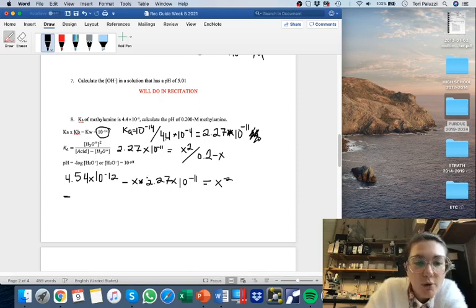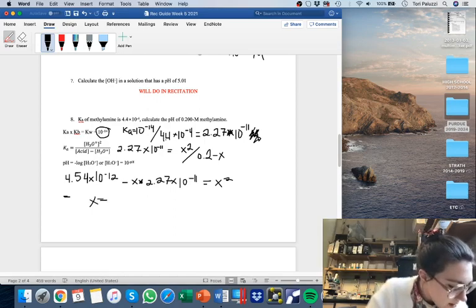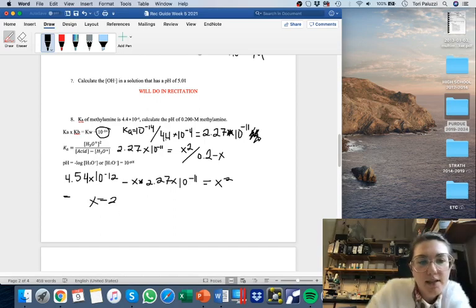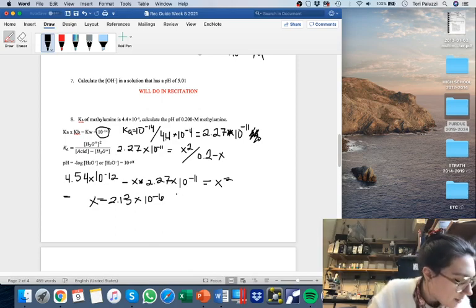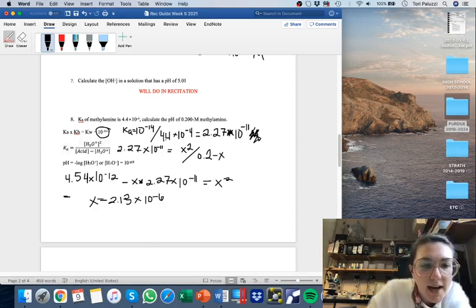So then I'm going to move all this over here and set it to 0. And then what I get is my x is going to equal, and I plug all of that in, and I get x equals 2.13 times 10 to the negative 6, which again is going to be my concentration of my hydronium. So then I know that I take the negative log of that. So the negative log of this number is going to give me my pH. So when I take the negative log of my 2.13 times 10 to the negative 6,